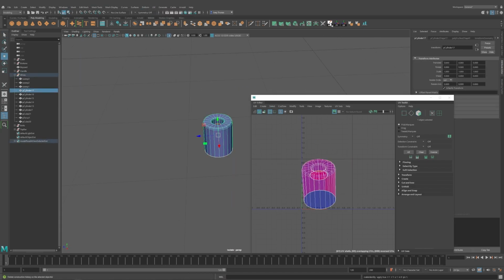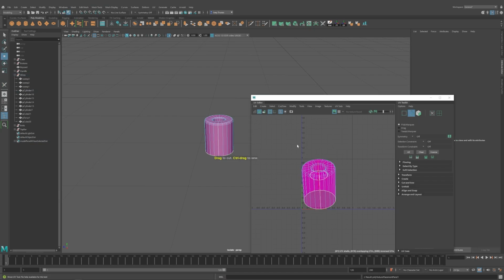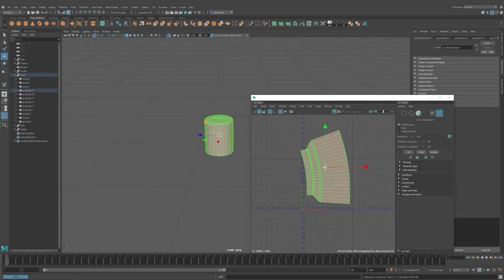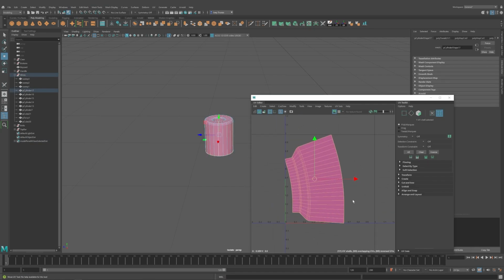And then same with the other cylinders here. I'm just gonna UV one of them since I don't need to do them all. And then once I'm done UVing it, I can just replace them in the position of the other ones. So here, I could just leave it like this. You could use a straighten